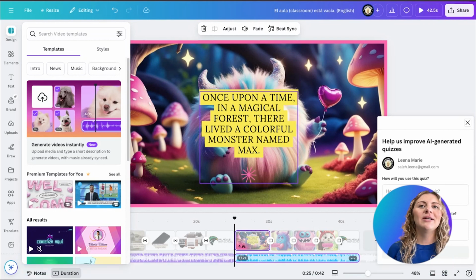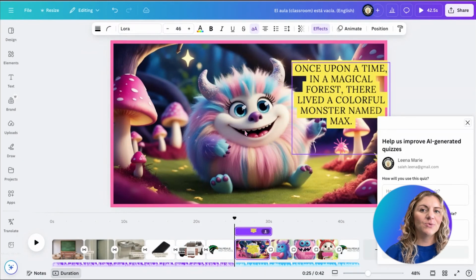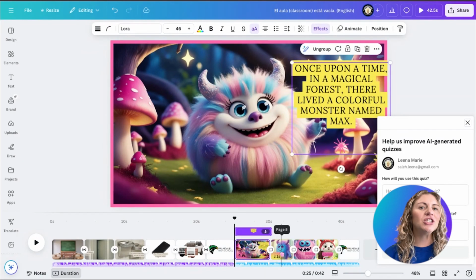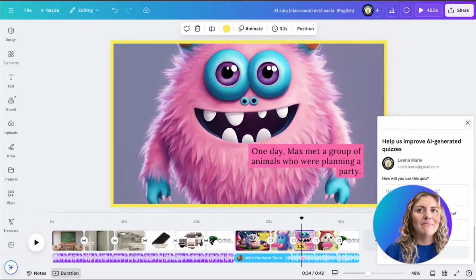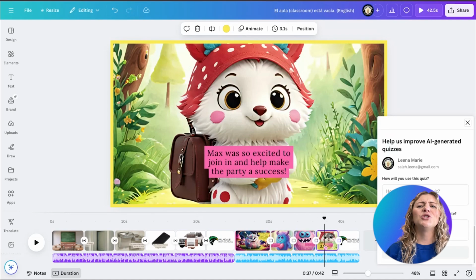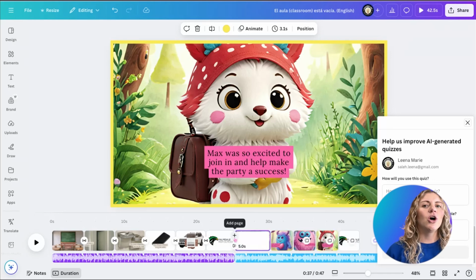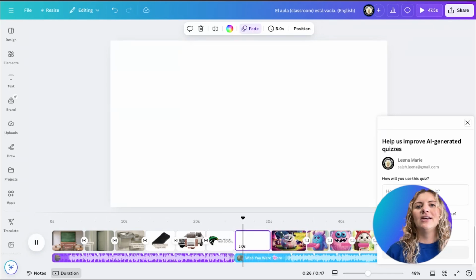So once upon a time in a magical forest, there lived a colorful monster named Max, which I created these images, just so you know, in Dreamlab. Max loved to explore the forest and make friends with all the animals. One day, Max met a group of animals who are planning a party. Max was so excited to help join in and help make the party a success. So it's a pretty good story. Obviously, you can edit the characters and kind of do all that separately, but I really like that it created this into a cohesive design here. So I can